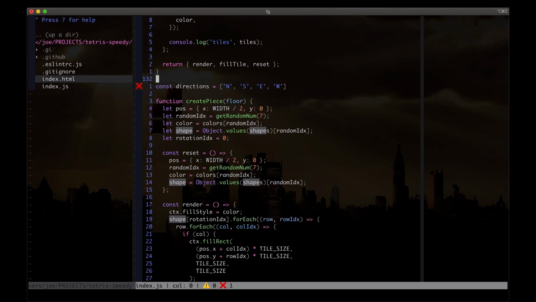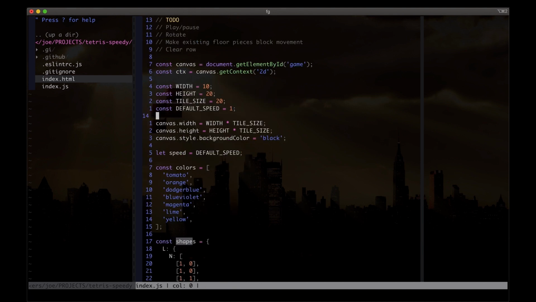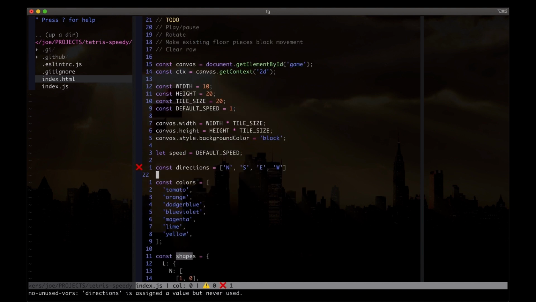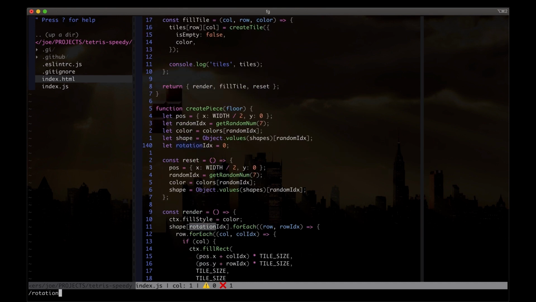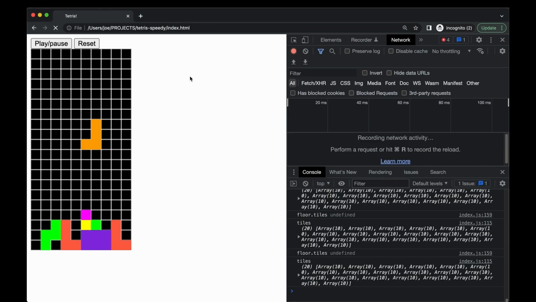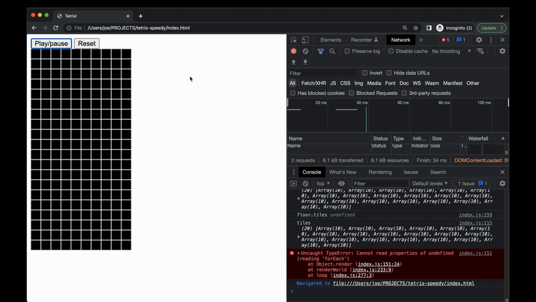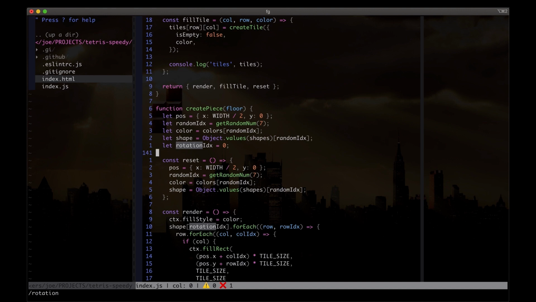Okay, so if we move this up to the top, we have our directions, and then our shapes are going to have north, south, east, and west, and north is at 0, and so we initialized our rotation index to 0, and let's see if this still works. Of course not. Of course it doesn't still work. What was I thinking? So if we get an index 151,